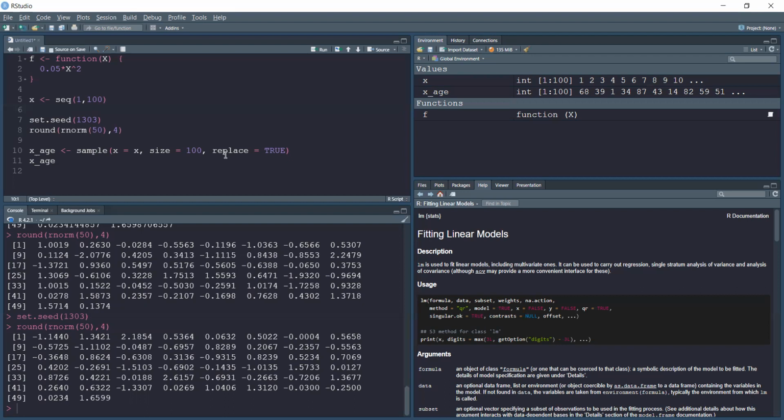R or RStudio, strictly speaking, although I don't want to go off, stop me if I'm going off at a tangent. The numbers it generates when you use a distribution like what I did over here with sample or with normal,